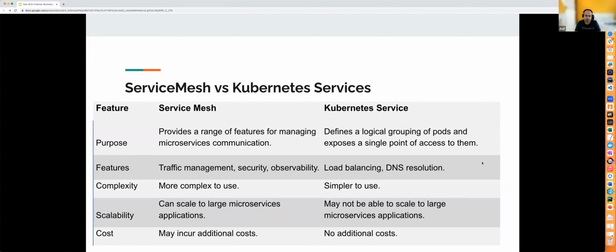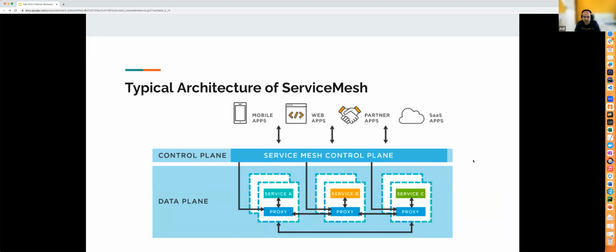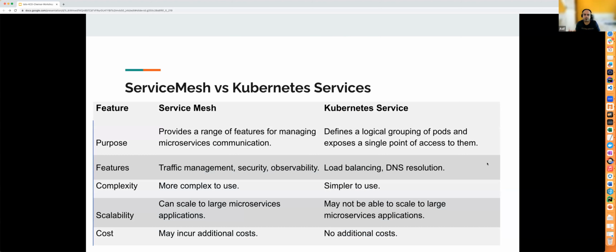So with this typical architecture, people might say, okay, this is basically doing the service discovery, and you need to run the service mesh separately in the control plane and these proxies, and it's incurring some cost, right? Cost in terms of resources. So why not just use the Kubernetes service, which is already inbuilt in Kubernetes? We can use Kubernetes services to some extent, but if you want some advanced way of managing the communications, that cannot be done with the Kubernetes service.